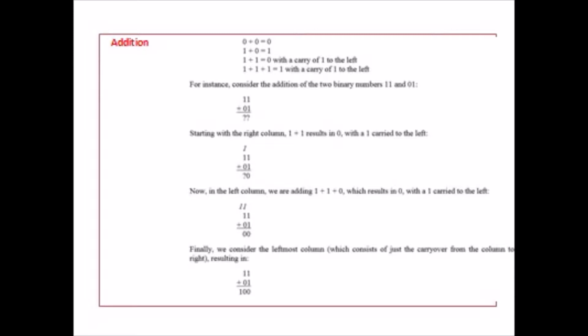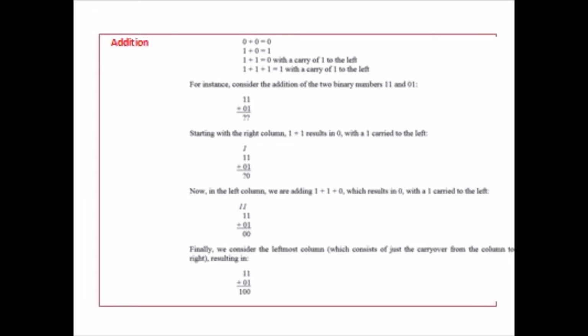Coming to the example of two binaries addition, 11 and 01. In the beginning, 1 and 1, and 1 and 0 has to be seen. So 1 and 1 will be 0, where 1 will be carried to the left. Hence in the second column, it will be 1, 0 and 1 as it is carried. So it becomes 1 and 1, it will be 0, and again 1 and 1, as 1 will be carried to the left, again that one will be written below.